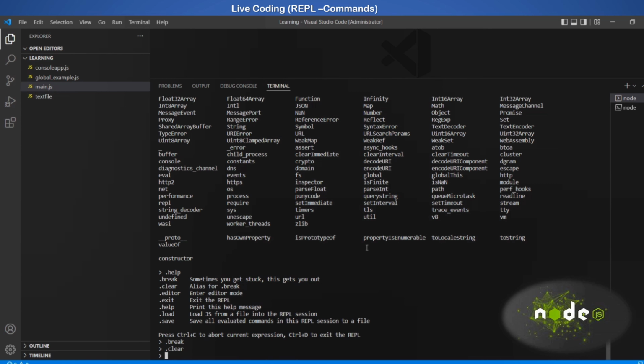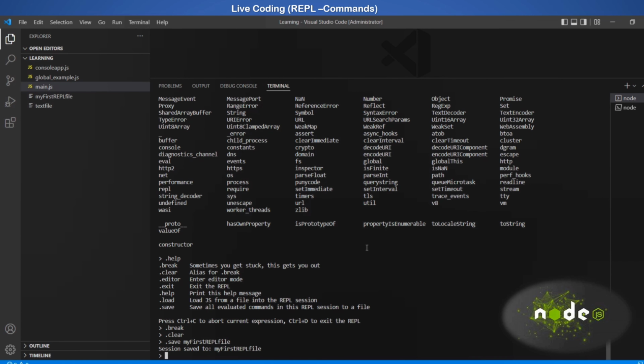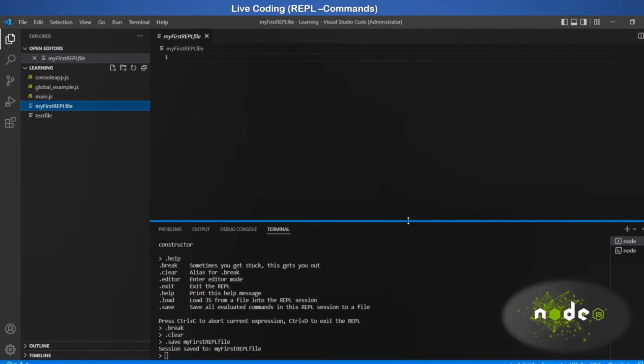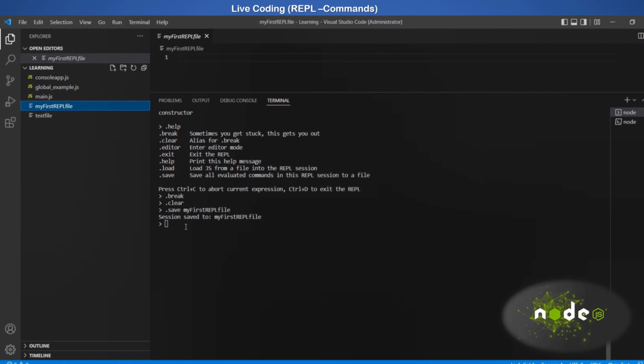Now if you want to save the entire lines of code which you have executed in this REPL, we also have a command called .save with my first REPL file. If you give this, whatever you have executed here will be saved to that file. You can see this file has been created. If I just open it,